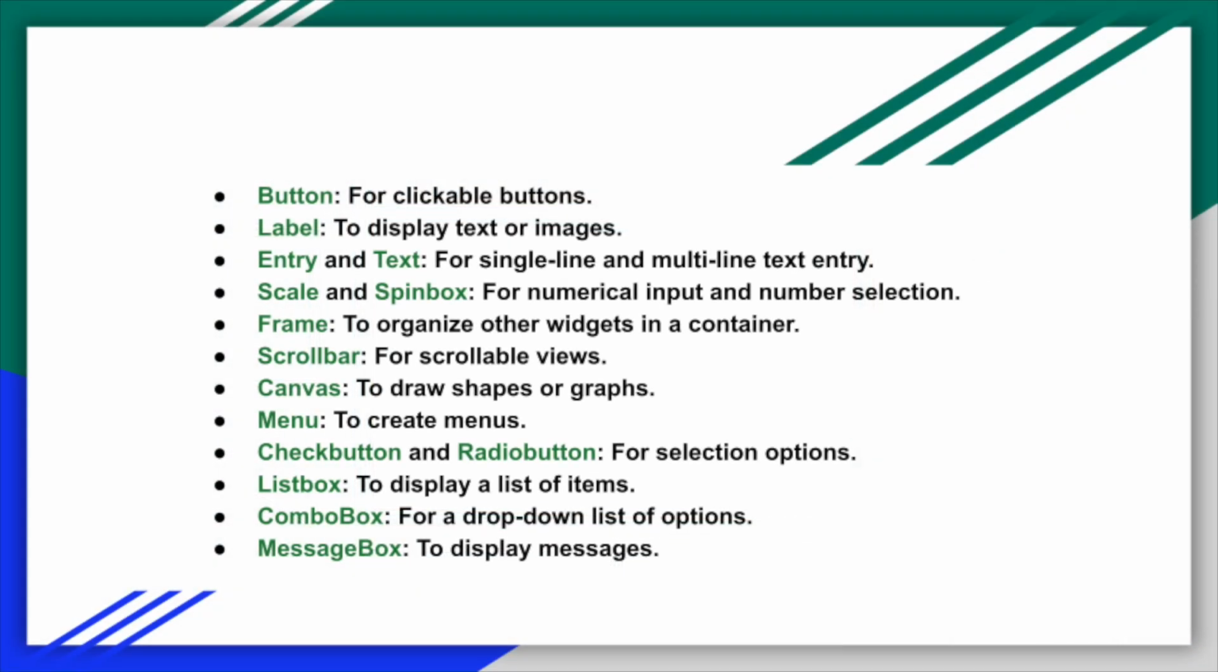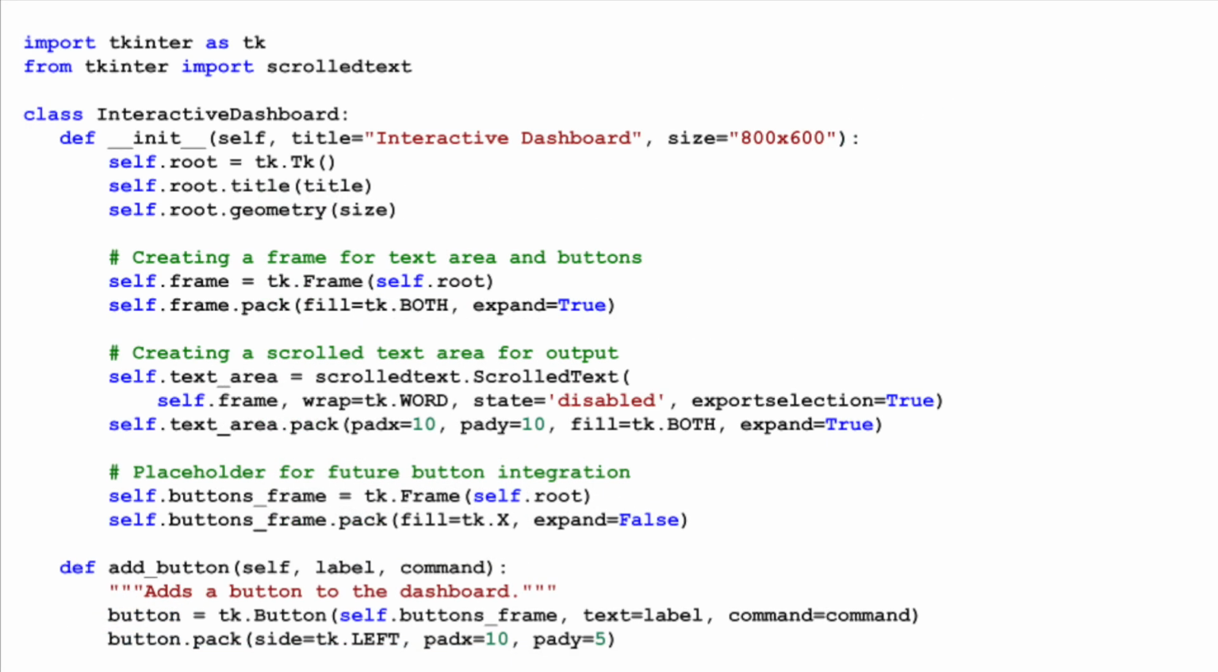Tkinter, short for Tk interface, is Python's de facto standard for creating graphical user interfaces. With Tkinter, developers can quickly design windows, dialogues, buttons, menus, and more, without diving deep into the complexities of GUI programming. Let's dive into the InteractiveDashboard class, designed using Tkinter to create an interface for displaying outputs and interacting